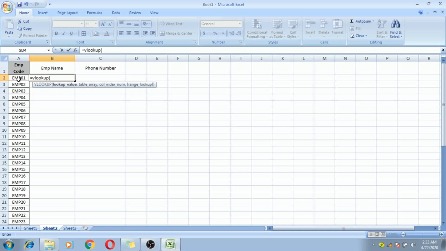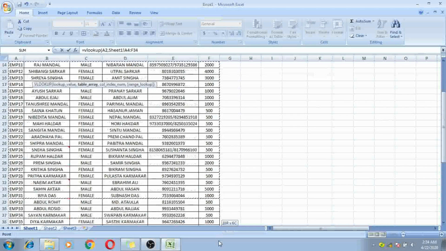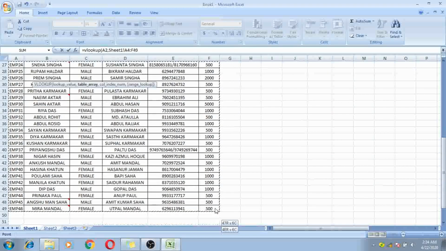Just click on that cell, then give a comma, then we need the table array. The table array will come from Sheet 1, so go to Sheet 1 and select the whole table like this. Then give a comma, then we need the column index number.